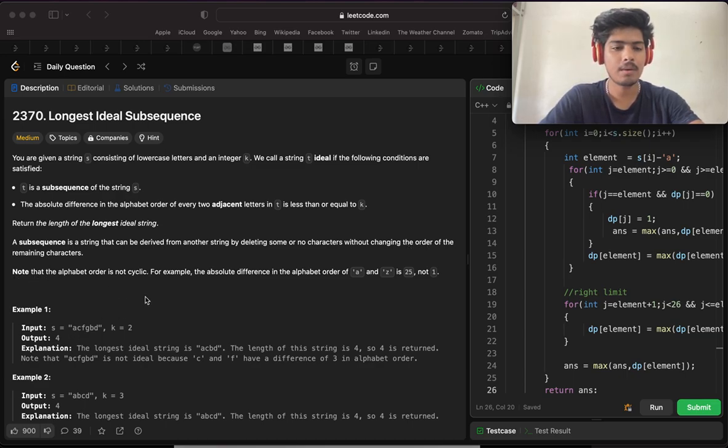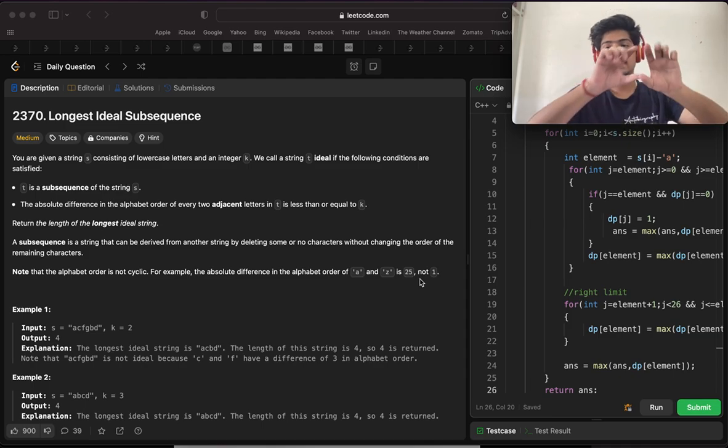Note that the alphabet order is not cyclic. For example, the absolute difference in alphabet order of A and Z is 25, not 1.